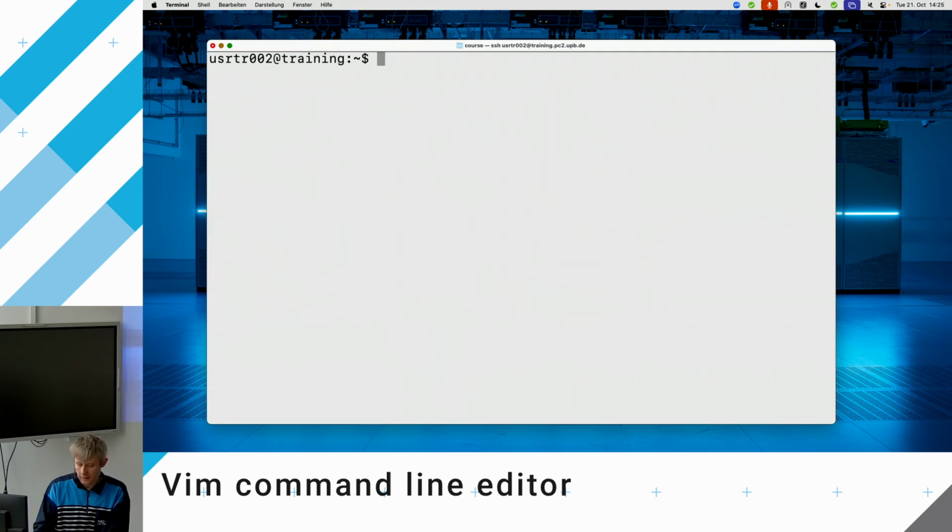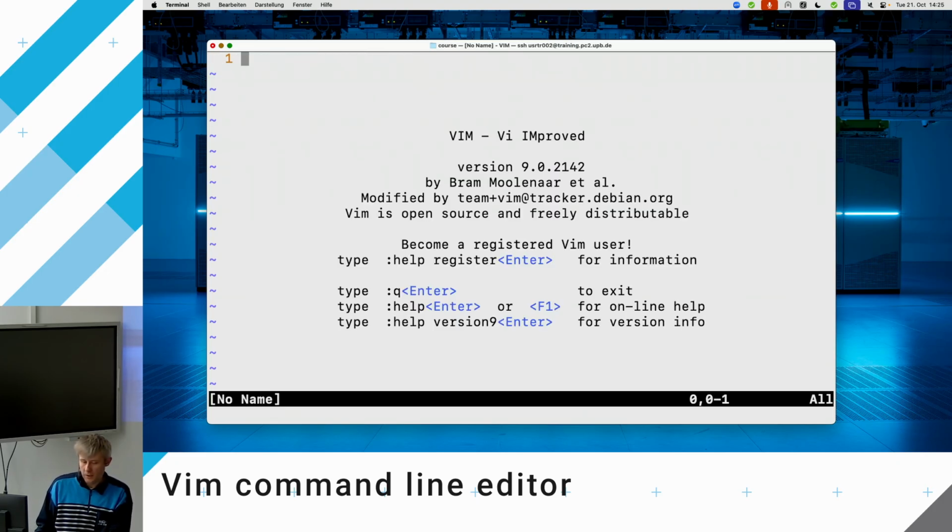In this case, now I'm gonna open up Vim, and therefore I'm simply starting Vim. And I've also included a little pre-configuration for Vim with some configurations that I'm using, so it maybe looks a little bit different than in unconfigured Vim. And the first thing that you might see is that if you try to type, then it will do strange stuff. And this is because in Vim you have